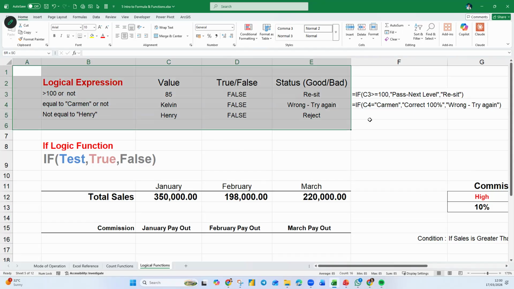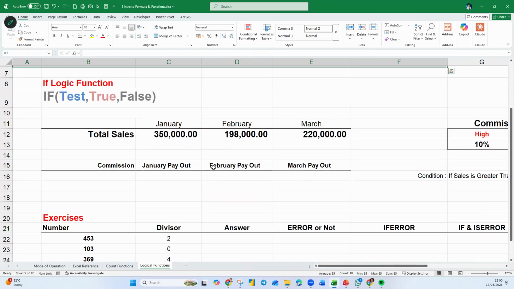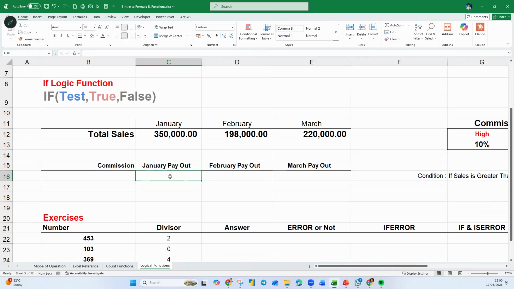Now, in real life situations, a lot of businessmen use it to calculate based on their sales. So we want to calculate commission. But before we continue, I just want to ask if it's okay if I extend it a little bit more, like 10 minutes. Is it okay with you? Okay, because it's already 12 o'clock, right? So if you are rushing, then I'll put the recording in later. Anyway, let's come back to this.